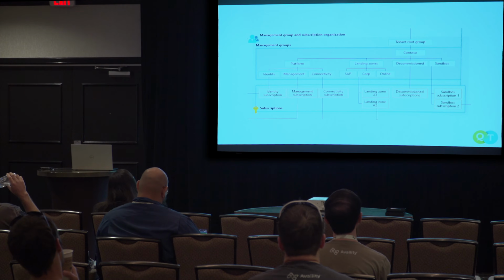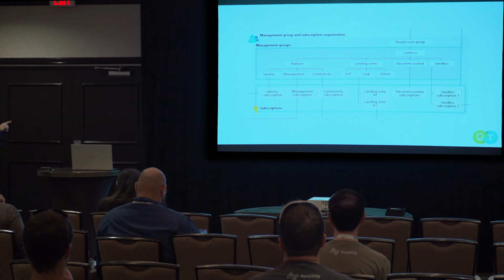All right, so this is the part I'm not 100% clear on, but I think when you sign that enterprise agreement, or I know for my personal accounts, there's a tenant root that everything will come off of. So if you're Beehive, then you'll have like beehive.com as your tenant root. And then off of that, you'll start breaking it out by business units. For a lot of our customers, it's like the financial units, the manufacturing units, the retail units, whatever. Those get broken down into this right here.